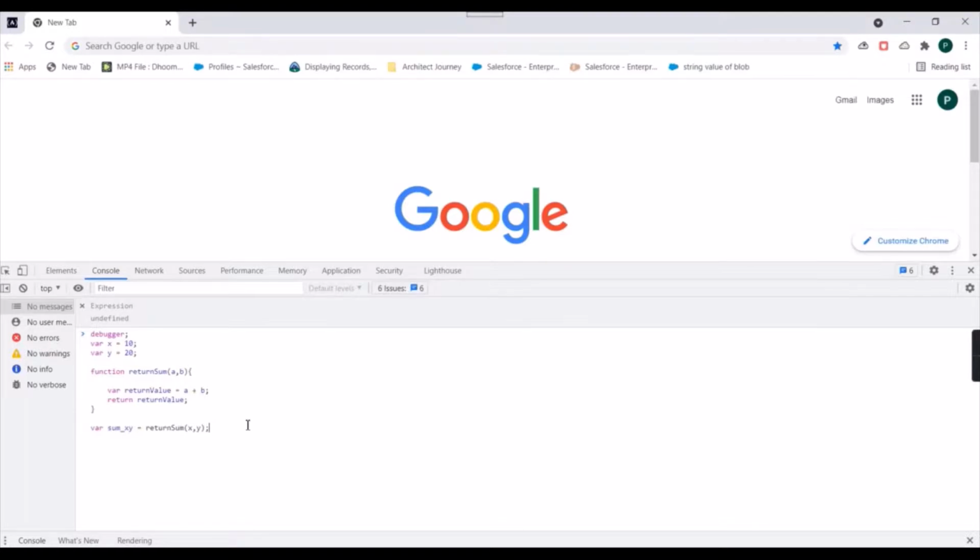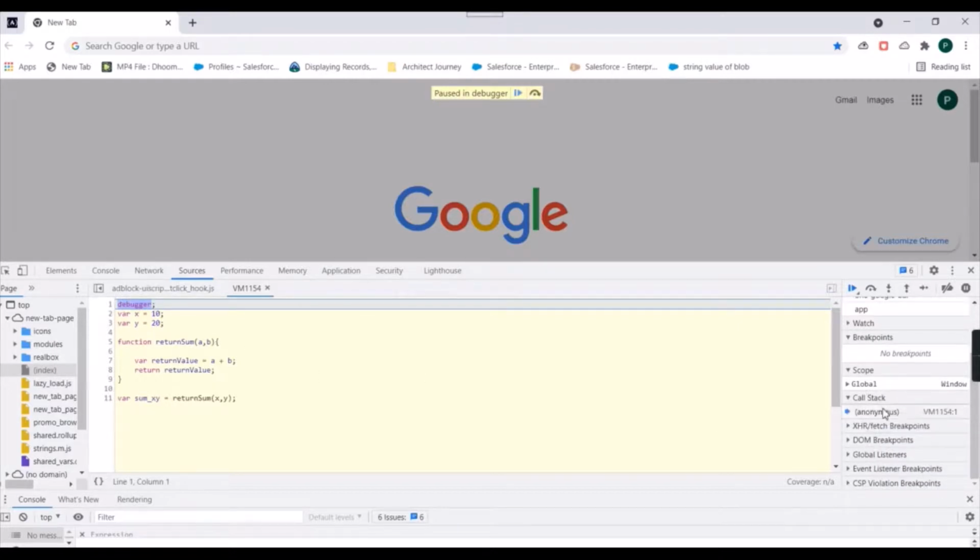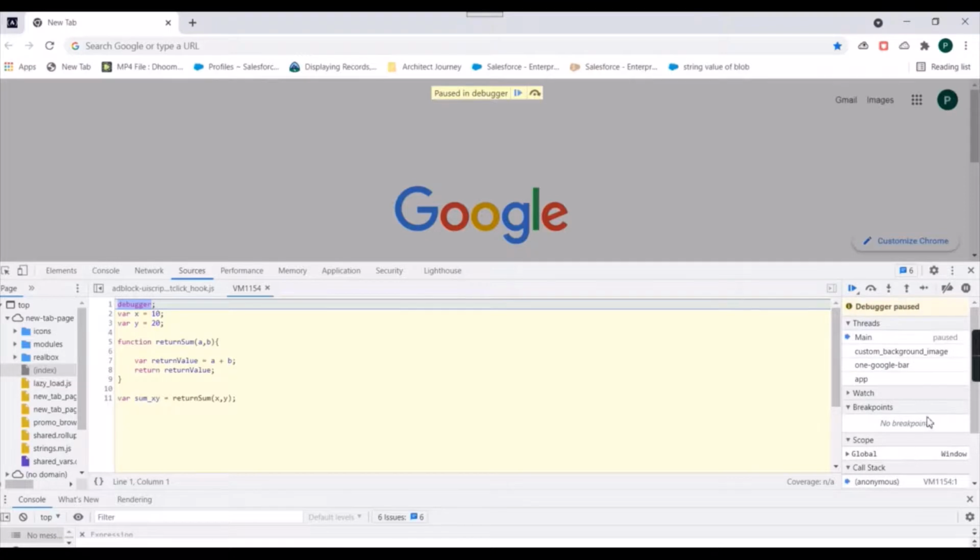You can see execution started, but it paused over here because we have added a debugger. Now let's do the line by line execution. Before that, you can see here in the call stack there is an anonymous present, which refers to the global execution context.